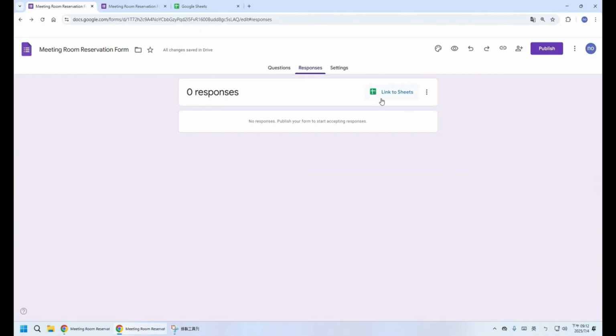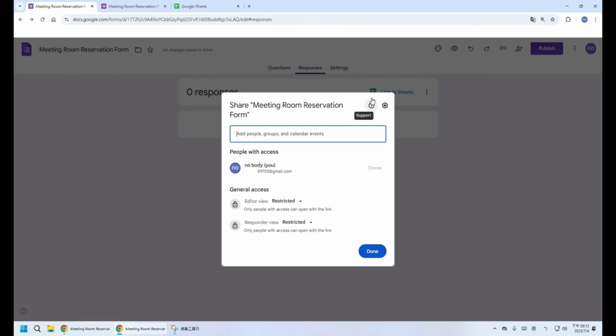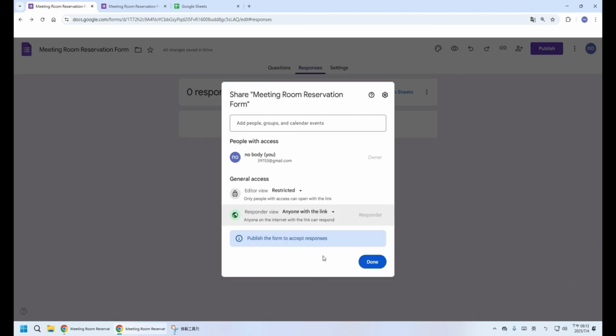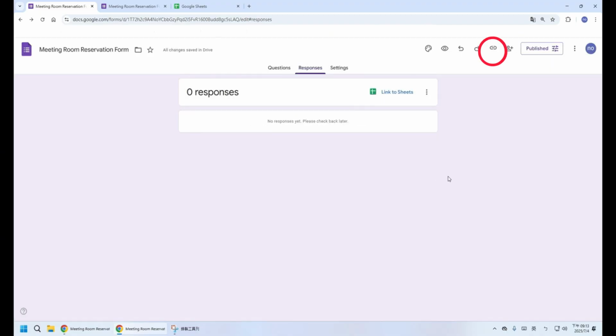Before we bind the Google spreadsheet, let's turn this form on first. Now we can publish this form. You can get the link to this form here. Then you can shorten the URL.